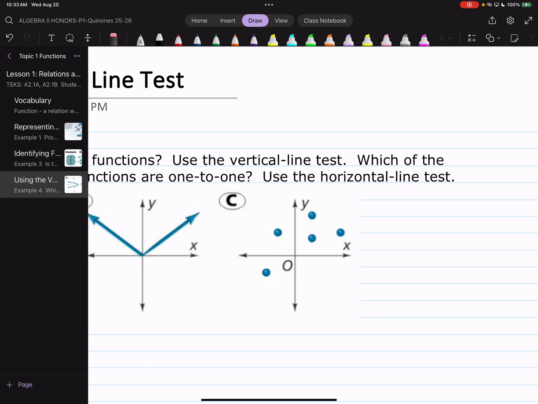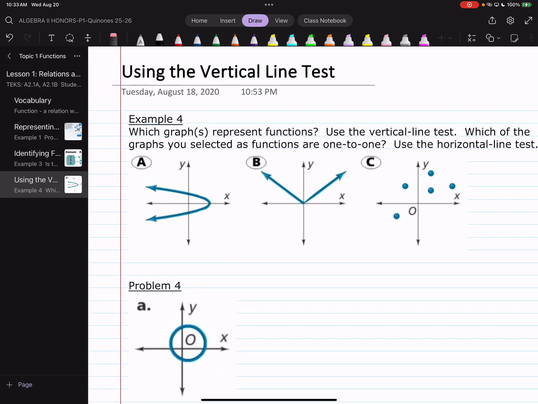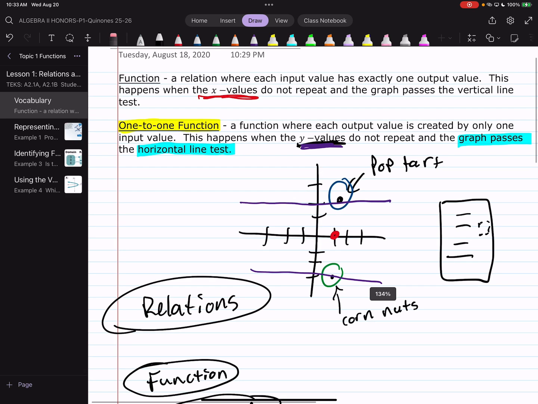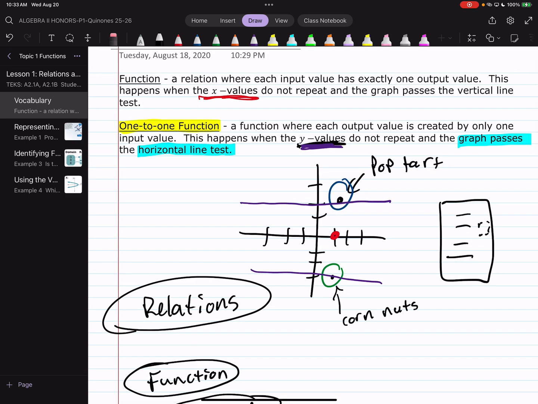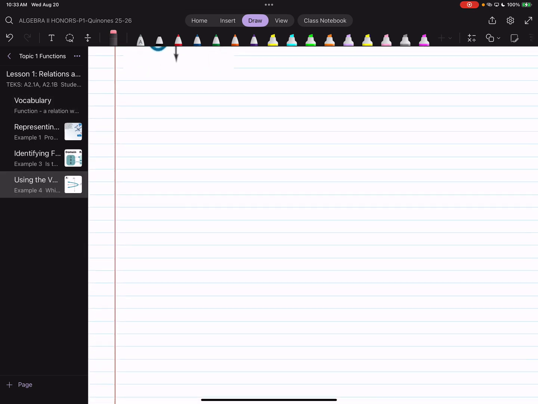Okay, let's look at the last slide that I have for us today. Now we are using vertical line tests. But I don't just want to look at vertical line tests because according to our vocab, what other type of test can we check to see if it's a one-to-one function? Horizontal line test. Before we get into these, I want us to look back at the 3 parent functions we talked about in Algebra 1. We said those were